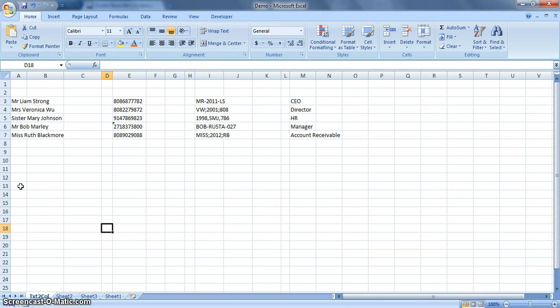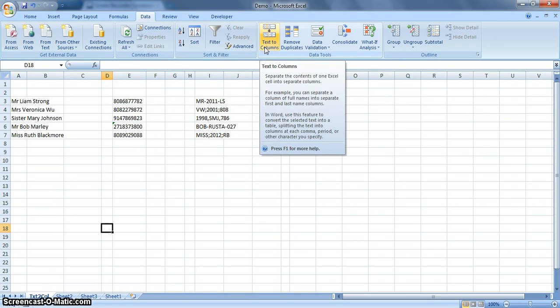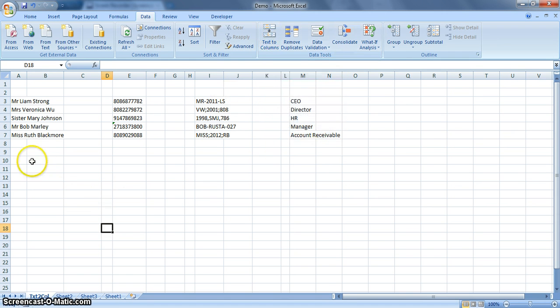We're going to use the data ribbon's text to columns function in order to arrange some of this information. Sometimes you have a problem when you export data or bring in information from other sources that it won't separate it out how you want it to be separated. For example, if you bring something in from Word or maybe the internet, instead of putting it all nicely, it's going to put it in one cell. But we can fix that actually fairly easily with using the text to columns